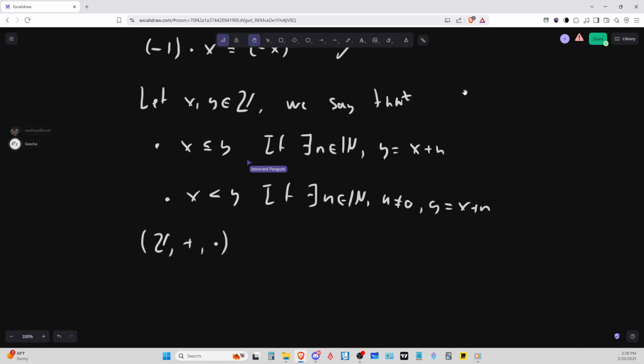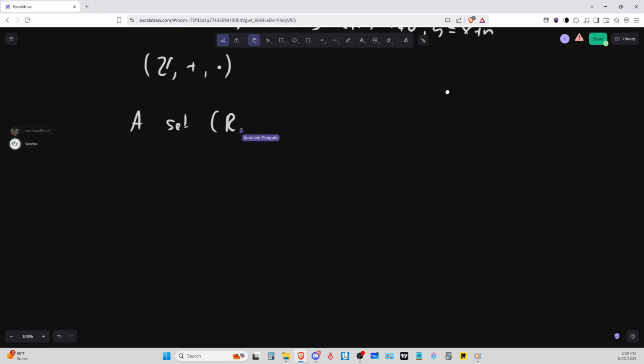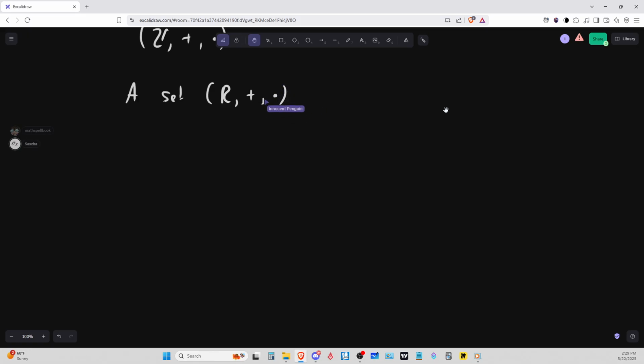But the reason is that we're going to encounter a lot of structures that have operations like that, where you have addition and multiplication. It's not very hard to imagine. For example, the rational numbers also have a notion of addition and multiplication. The real numbers have addition and multiplication. Polynomials have addition, multiplication, and so on. And even sequences. So we're going to use a little bit of language from algebra here. We say that a set R with two special functions, which we're going to call plus and times, and those are supposed to mimic the